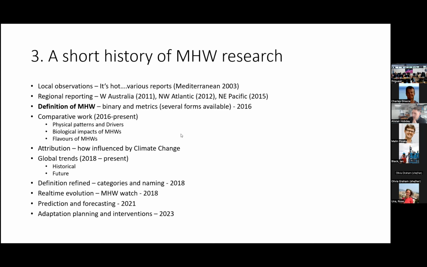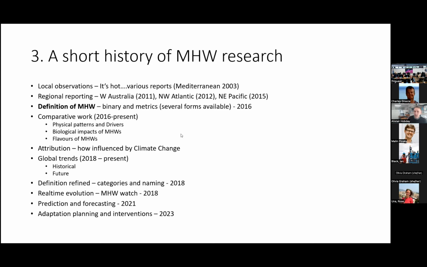So the short history of marine heat wave research. Beginning probably in the early 2000s, there were various reports of hot water. And particularly, I think some experiences in the Mediterranean in about the year 2003, really people began to take notice of really short, sharp events. Then there was a series of events that happened at about 2011 or so. Western Australia had a very strong hot event. There was another one in the Northwest Atlantic off Portland, Maine area, Gulf of Maine, and then another one in the Northeast Pacific called the Blob. And so areas with very active marine research encountered one of these extreme events right off their coasts.